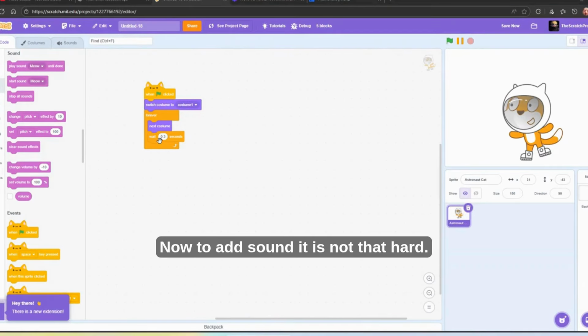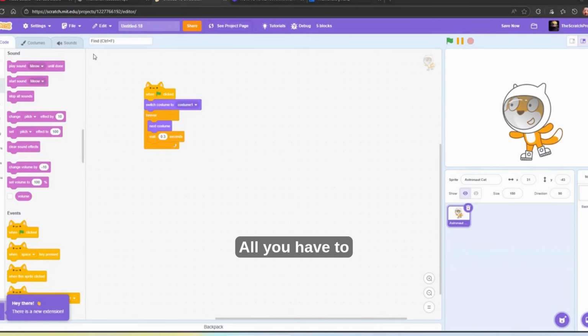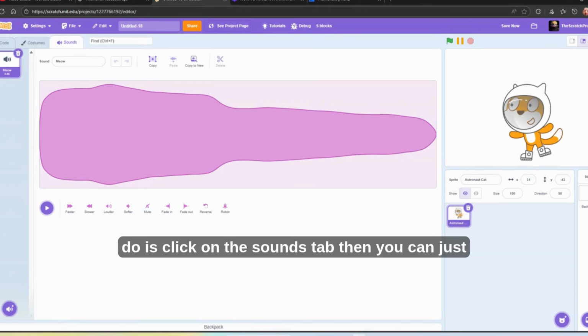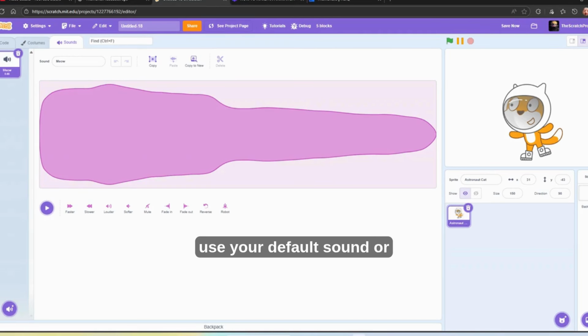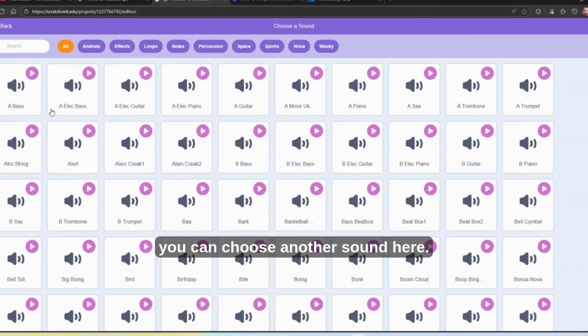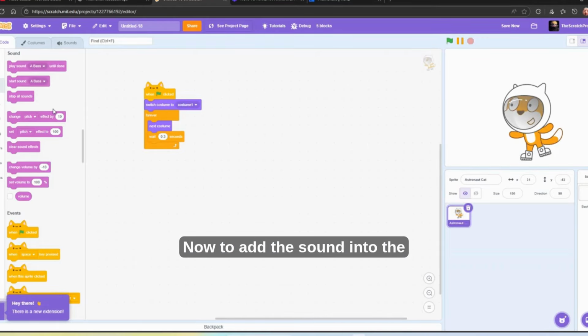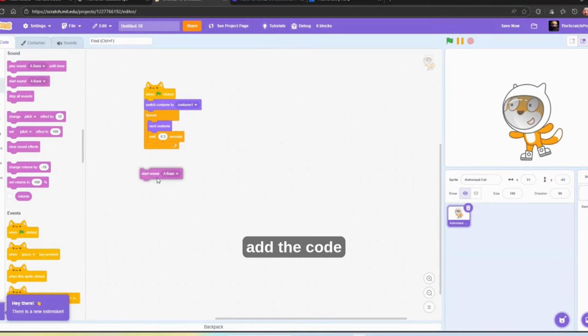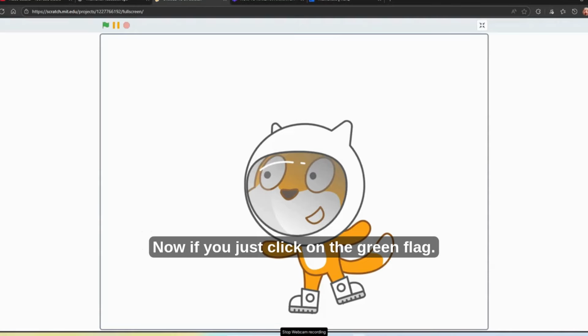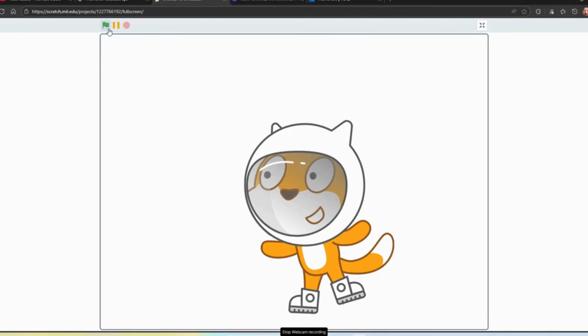Now, adding sound is not that hard. All you have to do is click on the Sounds tab, then you can just use your default sound, or you can choose another sound here. I'll choose the sound "A Bass". Now, to add the sound into the coding, you just have to add the "start sound" block onto the forever loop. Now, if you just click on the green flag,